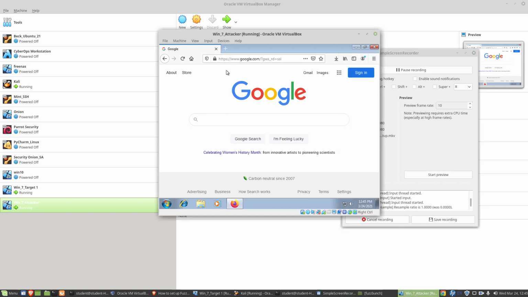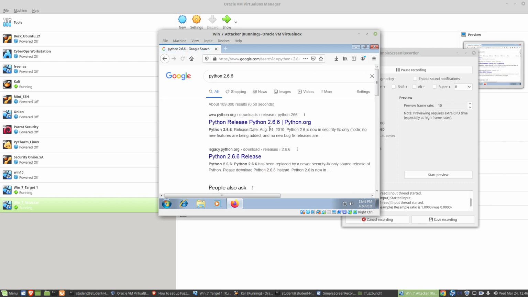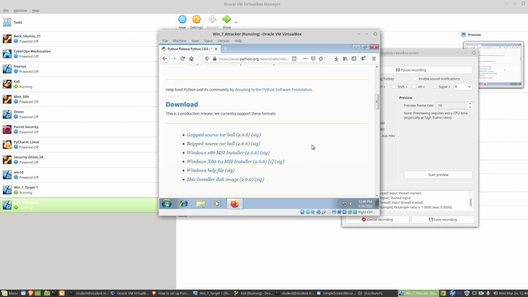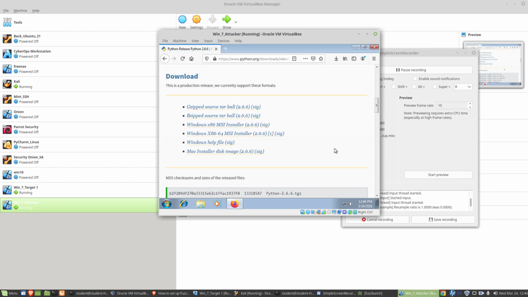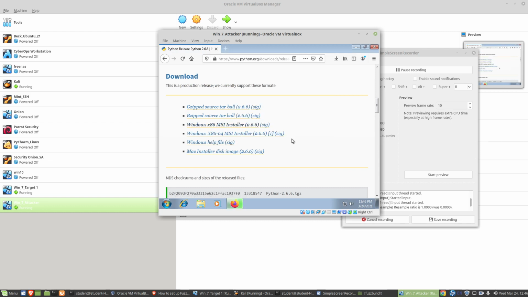So here I have my Win7 attacker box, and we're going to go ahead. I've got Firefox installed here, to make life a little easier. Just Windows 7, right? Let's go with Python 2.6.6. I've had some issues with some of the other versions, but they may still work. Let's not install the x86-64. Let's install just the x86 installer, because that's the one that I personally have had luck with for this particular set